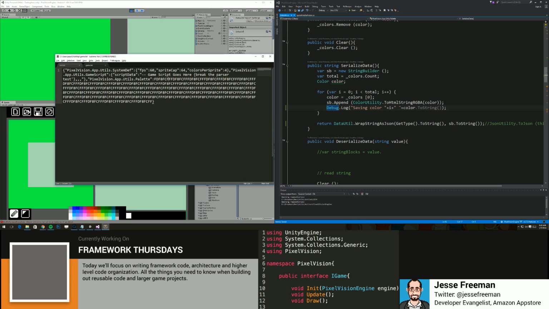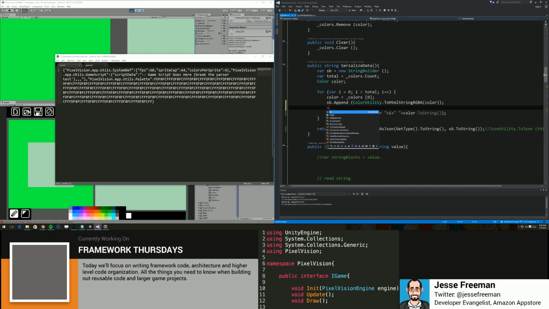What I want to make sure I do next is we need to append a comma. So SB dot append. Whoops. And we're going to turn this into an array. So I guess what I sort of left